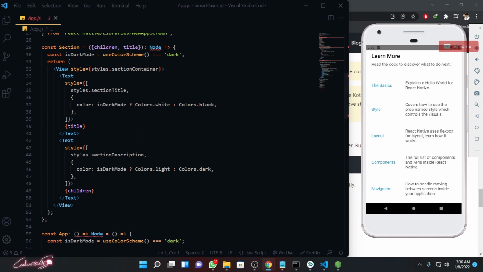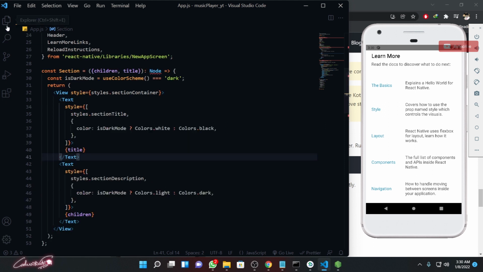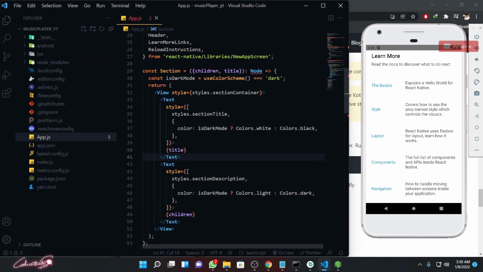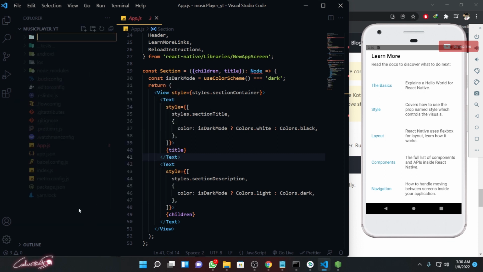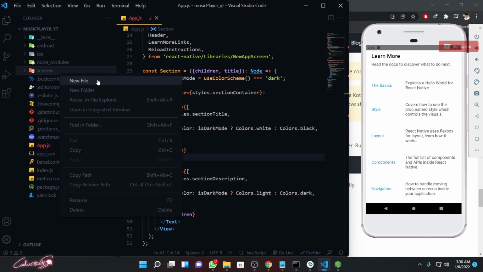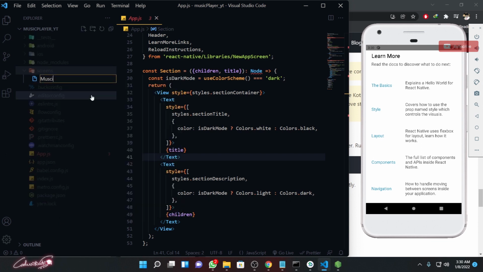So what I'm going to do is make a few changes, like I'll delete everything. Before deleting all these things, I'm going to add a few necessary files to our project. I'm going to create a new folder called screens, where we are going to maintain all our screens. Inside the screens, I'm going to create a new file called music